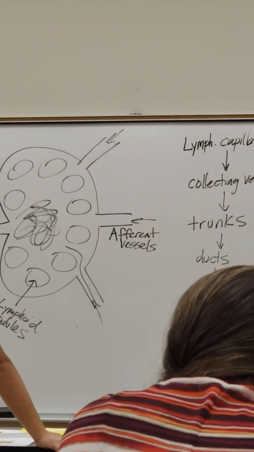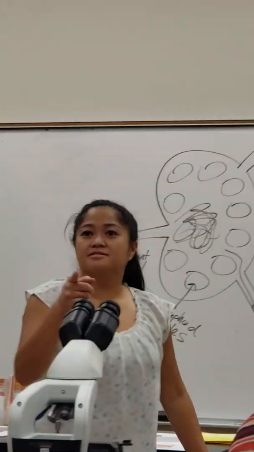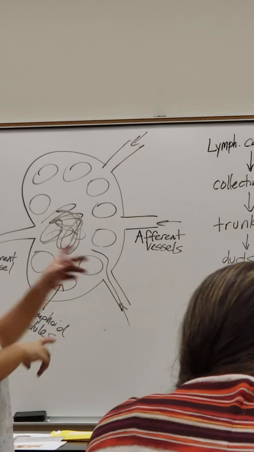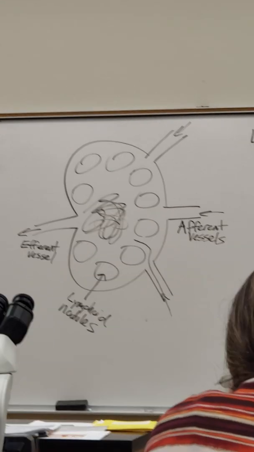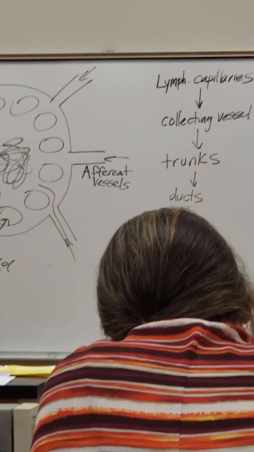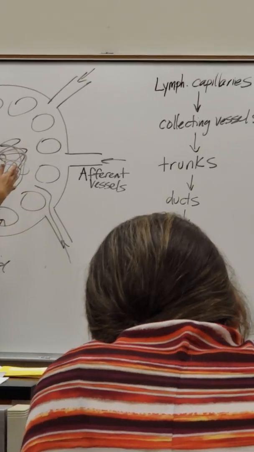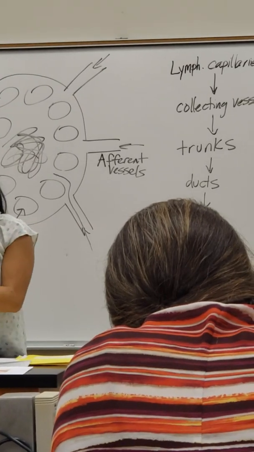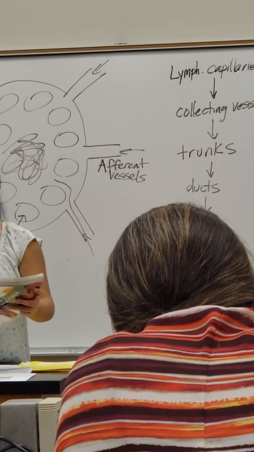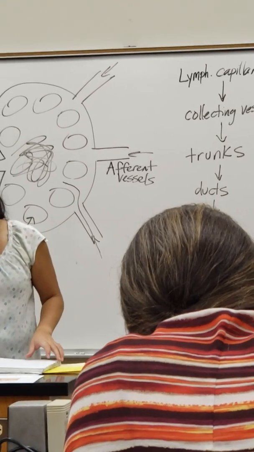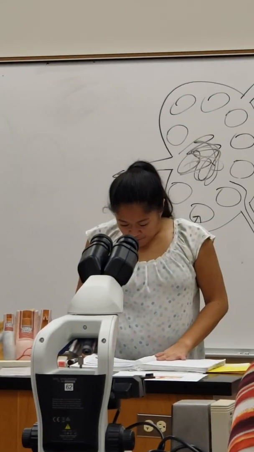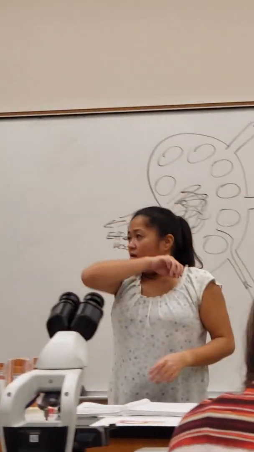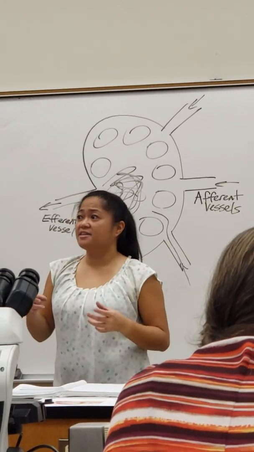Okay. I think that's it for models. Let me make sure. Yes. So you said that there's a cortex and a medulla. Oh, and the medulla is all of the sinusoids in here. So all of this is medulla. Okay. And we'll see that in the histology when we get there too. Okay, so as far as the actual organs themselves, you need to be able to identify them on the